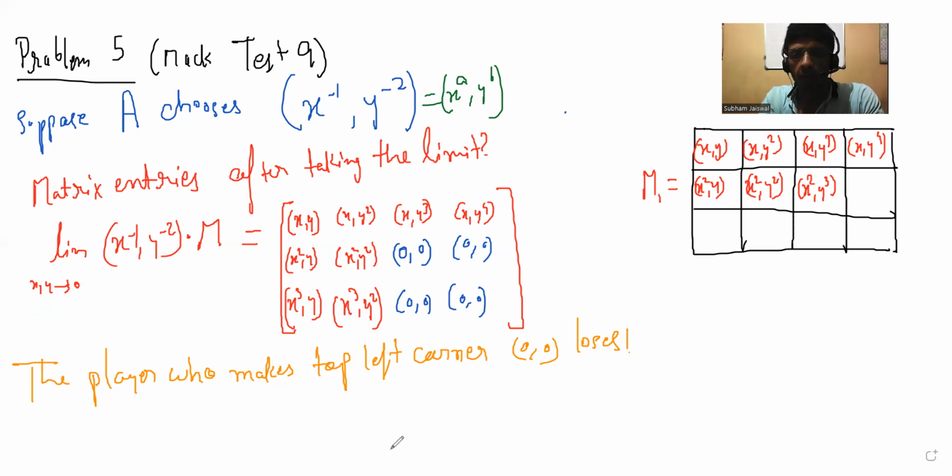No, the player can select any vector. Otherwise, that's why I've already selected x to the power -1 and y to the power -2, but then you will lose. Even in the example I've said, x to the power -2, y to the power -3. Once you select some vector, outside the matrix or in the matrix, doesn't matter, you have to multiply every entry of the matrix with that.